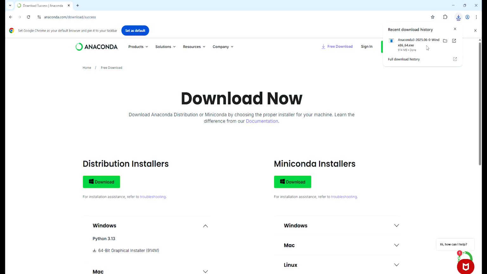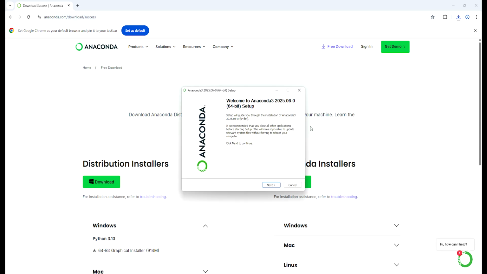Download is completed now. Click on the exe file and this will start the installer. Installer is started.